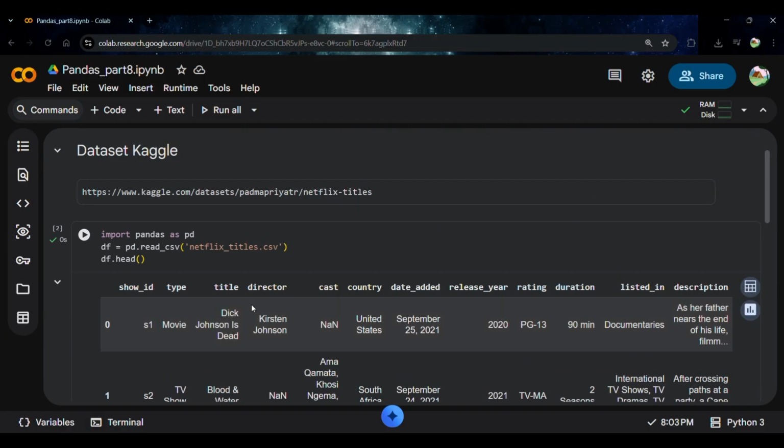Okay. This dataset comes directly from Kaggle and contains information about Netflix movies and TV shows. Whenever we start a real project, the first thing we do is load the data and look at the first few rows to understand what kind of information we are working with. So don't forget this code. Now we move to